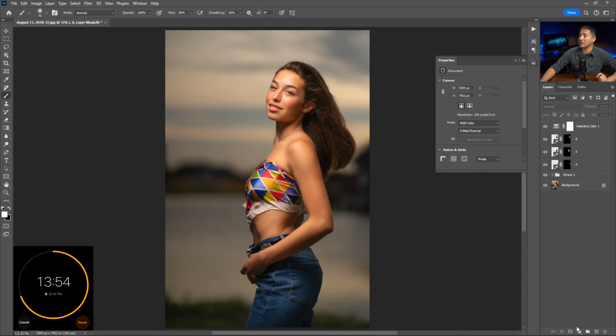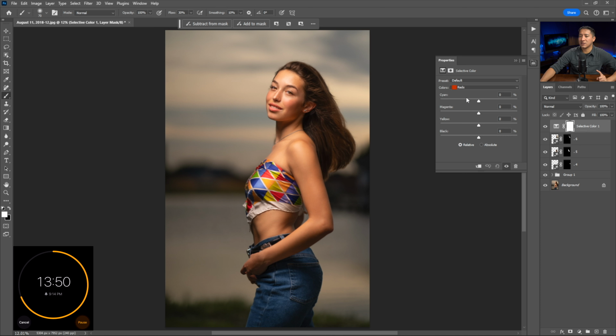Colors first, selective color, make sure that it's selected, and I'll play with the sliders and then show you guys the results in a second. So here's the before and here's the after. Again, I feel like it's something that's subtle, but it does make a big difference in the kind of